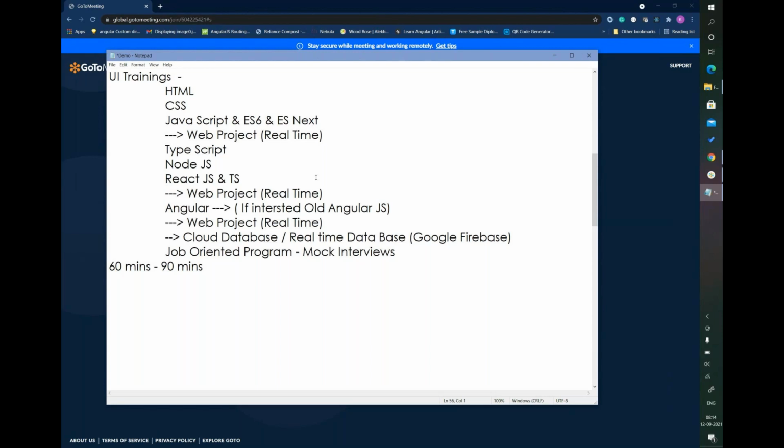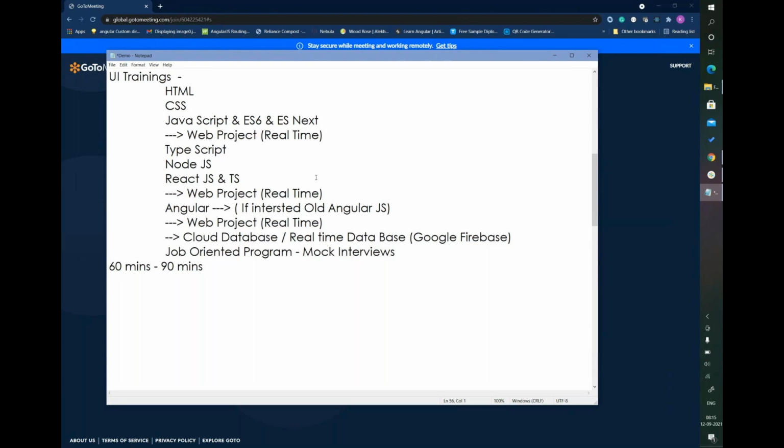Coming to the training curriculum, we will cover Angular, which is in TypeScript and is the rewritten version of the earlier Angular, which is AngularJS. If interested, I can go through AngularJS as well, but as of now I don't recommend it. But if people want to know what happened with the earlier version of AngularJS and how to migrate applications from AngularJS to Angular, then we can have a quick overview and discussion on that.